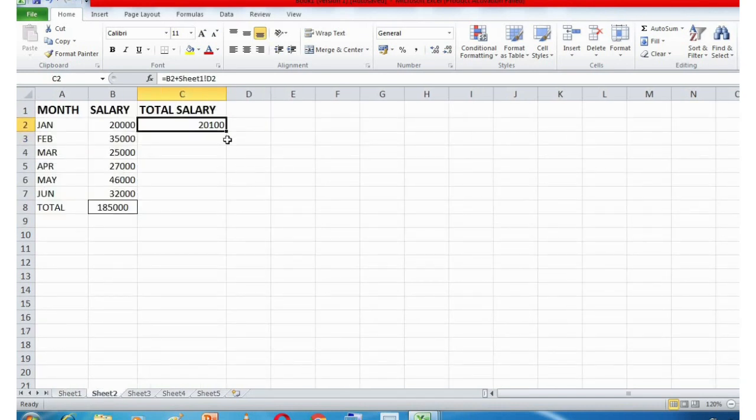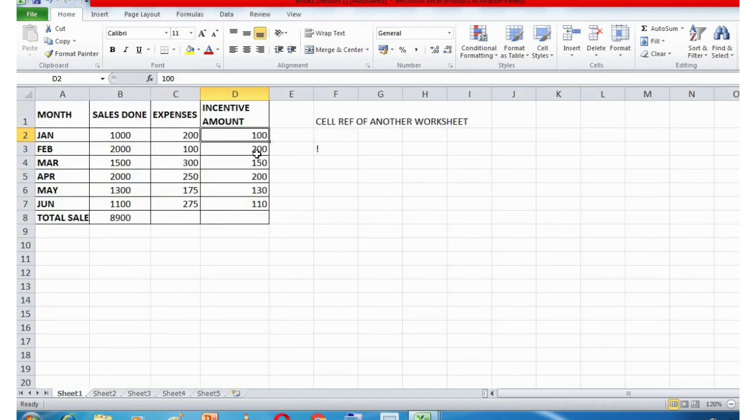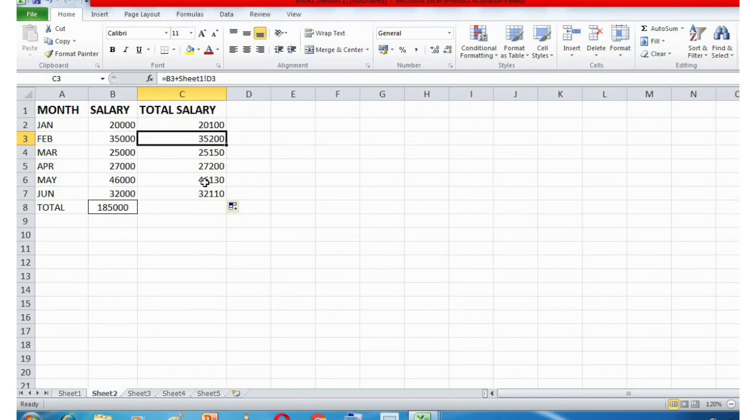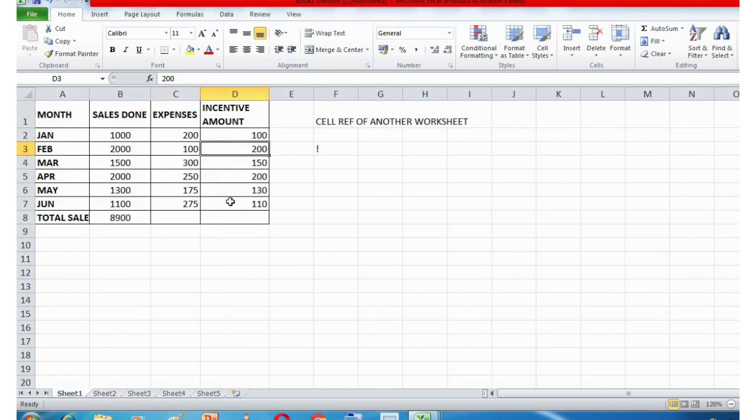Now if I drag all these cells, this became 35,200. Is it correct? Yes, it is correct. This became 25,150, 25,000 plus this 150, and so on. So this is how we use sheet reference from another worksheet.